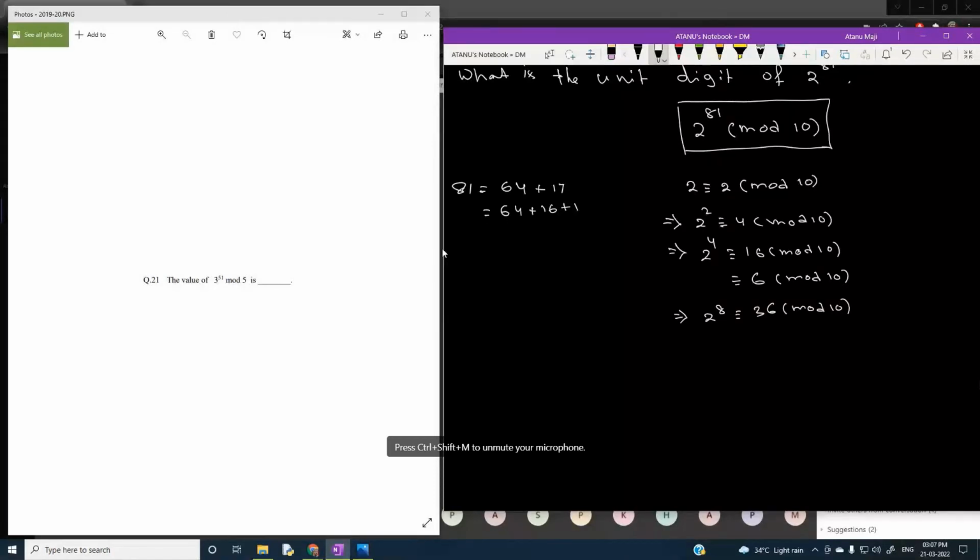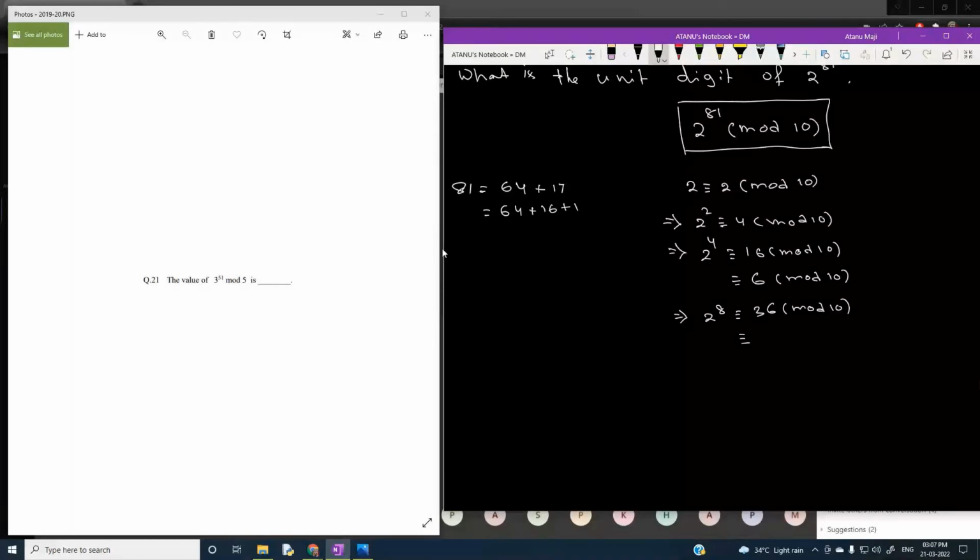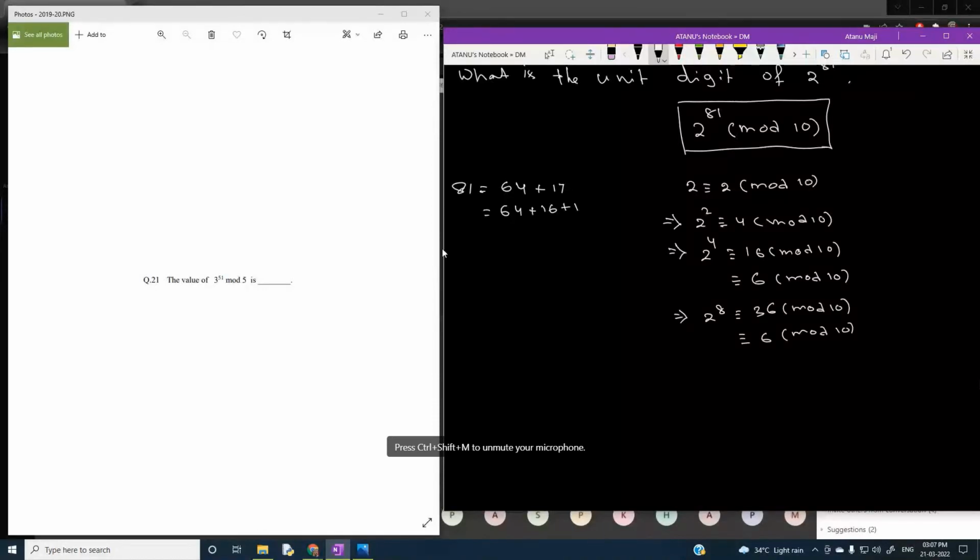Okay. And 36 mod 10 means that is also again 6 mod 10. So actually we have reached a loop, क्योंकि इसके बाद जितना भी स्क्वायर करोगे जितना टाइम ऑलवेज 6 आएगा, 6 का स्क्वायर करोगे तो 36 है, उसको 10 से डिवाइड करोगे तो सेम 6 मिल जाएगा। इसलिए ये जो प्रॉब्लम है बहुत सिंपल हो गया है।